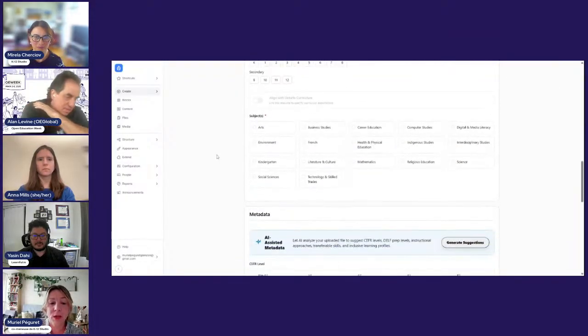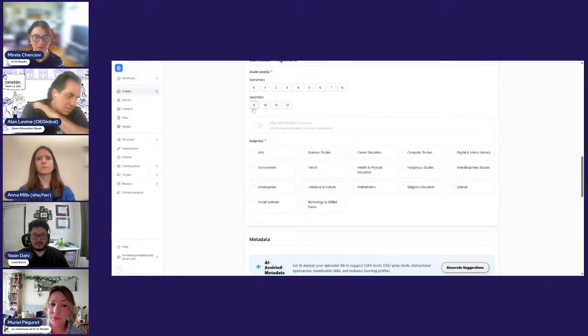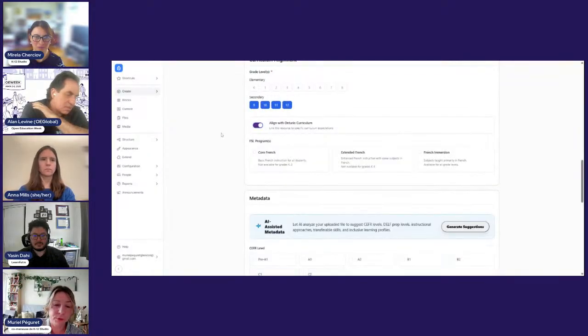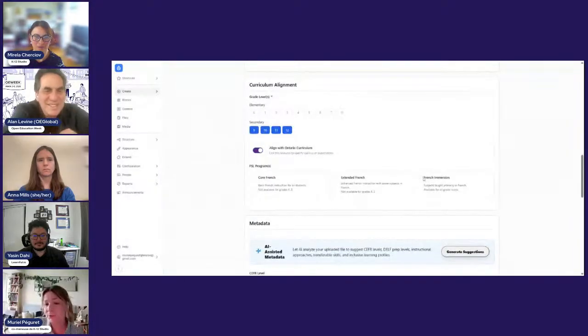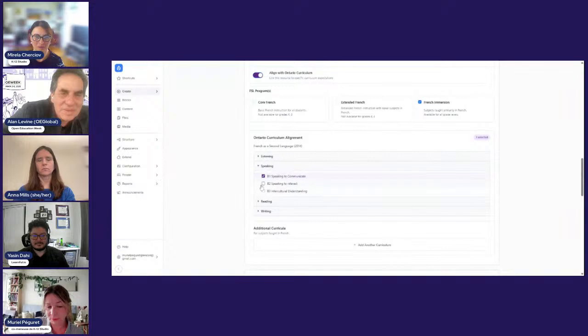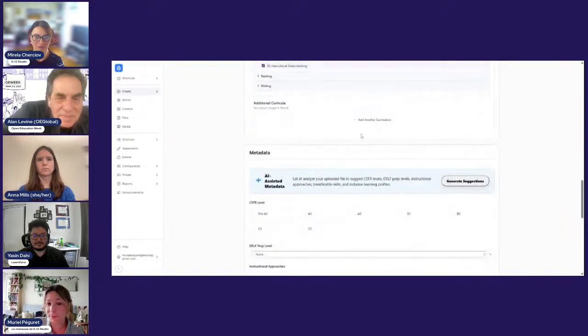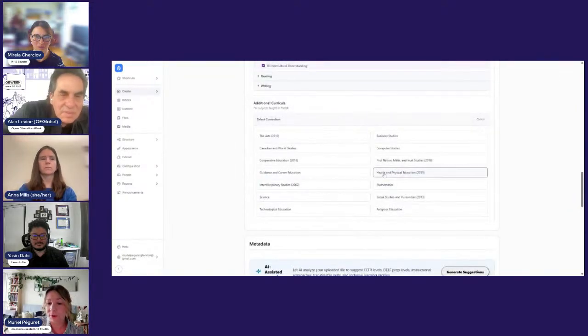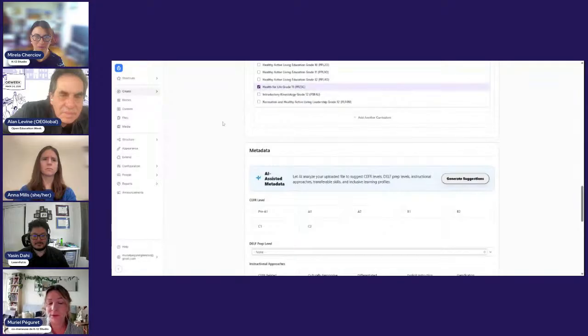submitter does. Curriculum alignment is not AI assisted, but we're so happy with our form here that I will give you a sneak peek. If you teach in French immersion, for example, you can click all the relevant curriculum expectations. Possibly other curriculum as well.